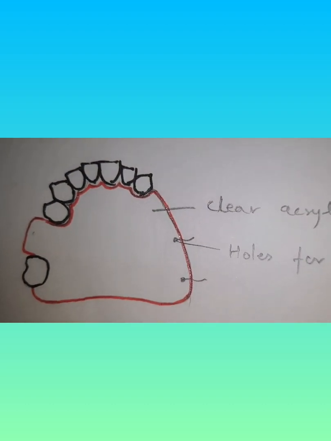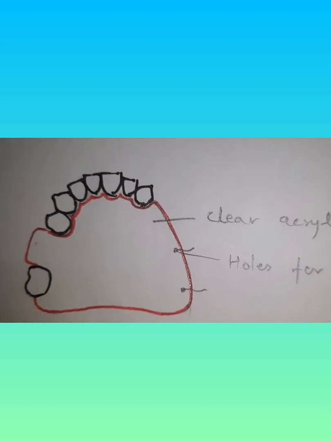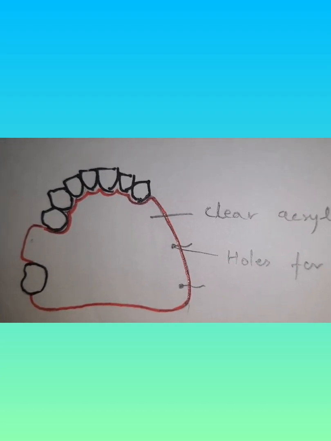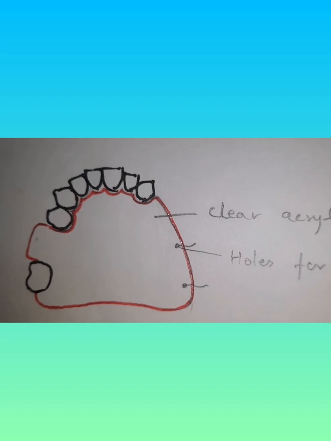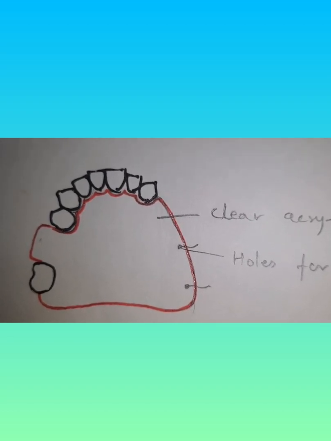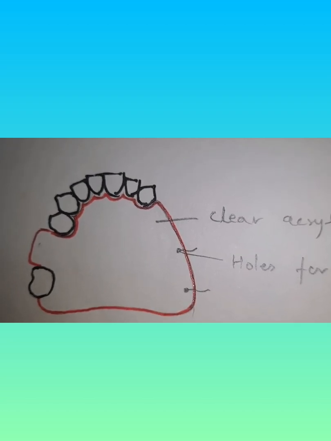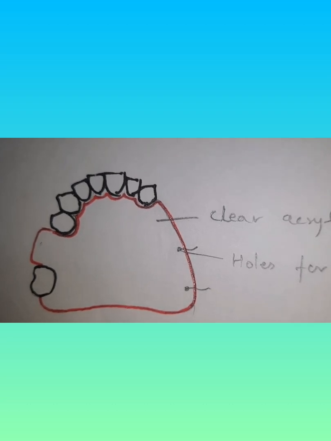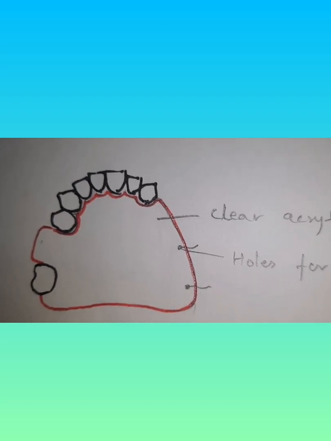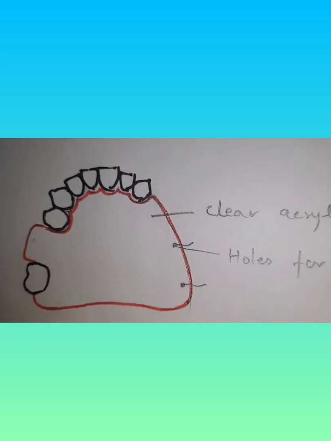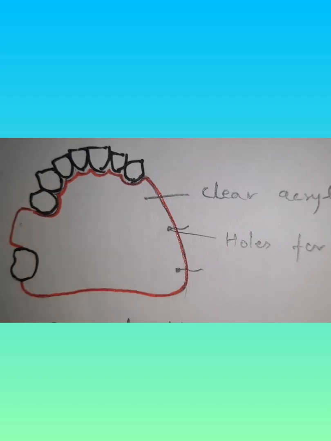When we are fabricating this type of obturator, clear acrylic resin is recommended, because immediately after the surgery, when you are inserting it, you can clearly make out which is the pressure area, and accordingly you can relieve the impression surface so that post operatively it does not hurt and impinge on the tissues.